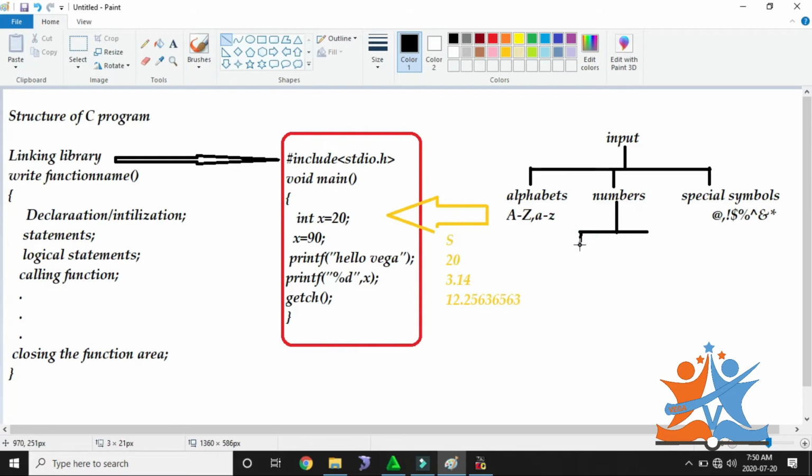So this is my first number type, and this is my second number type. Here my first number type I will call real numbers.